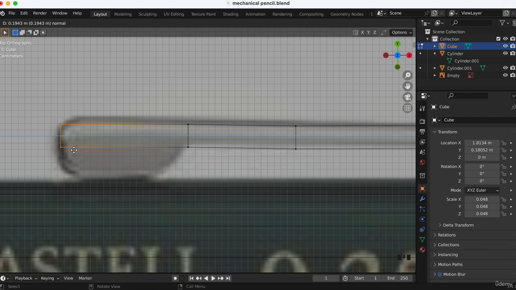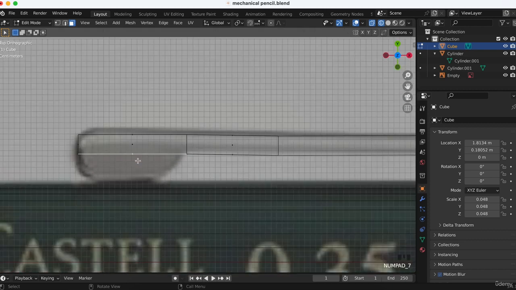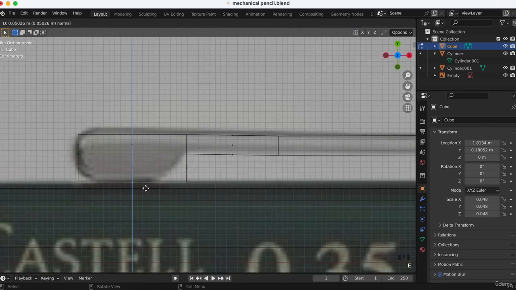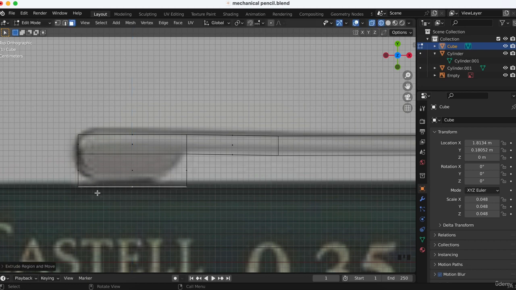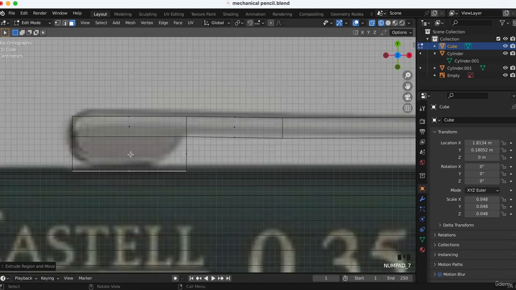like this, and face select, get this face, and then E, we can extrude, and then it touches this part of the pen. And you see this part and this part are round, so we need to round them. Vertex select to select this point,